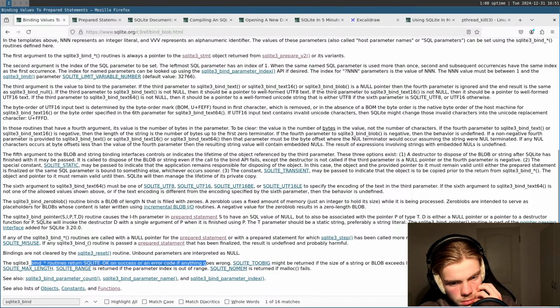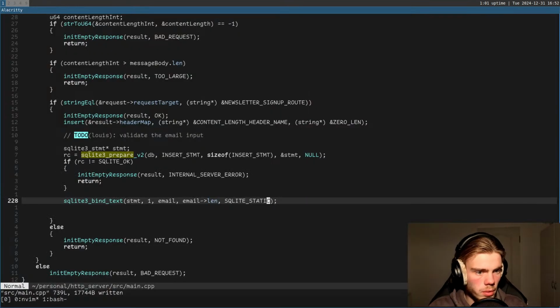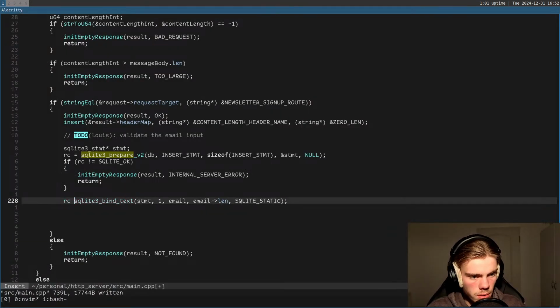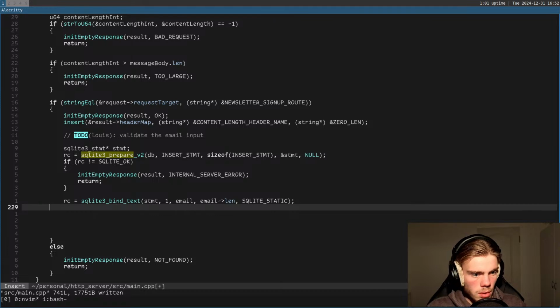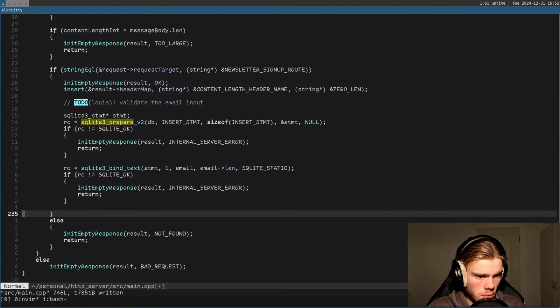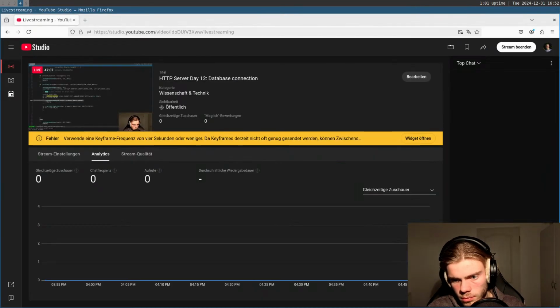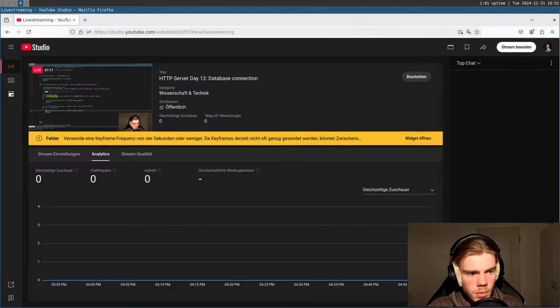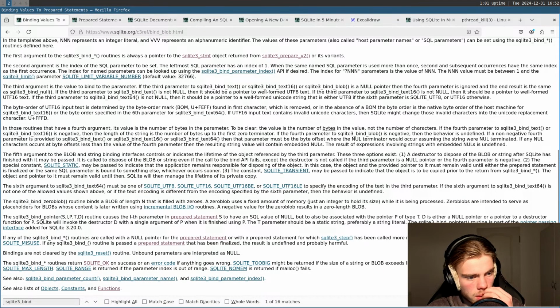Okay. So, and also this is again RC. If RC is not equal to SQLite OK, do the same thing here. And then we probably have to